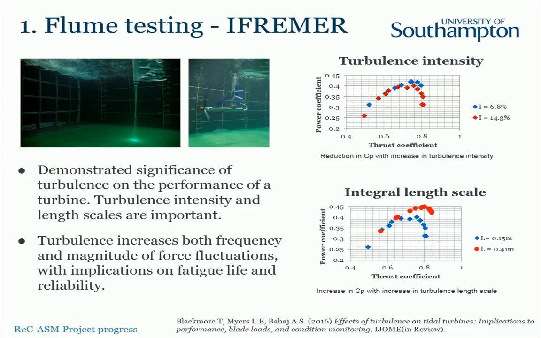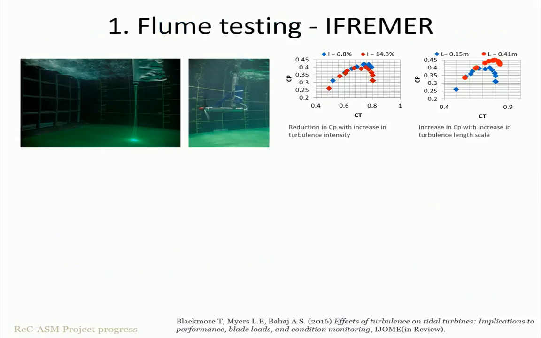So we found that turbulence intensity has the effect of reducing both the power coefficient and thrust coefficient of the turbine. But the integral length scale, so the size of these turbulent eddies, seems to have a different effect, and they actually increase the power coefficient and thrust coefficient. And the overall variation is in the range of 10% variation in CP and CT. This also has a significant effect on the fatigue